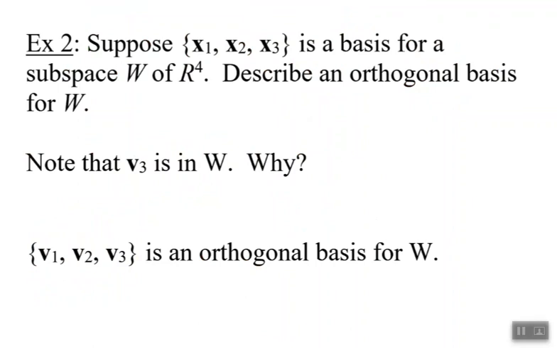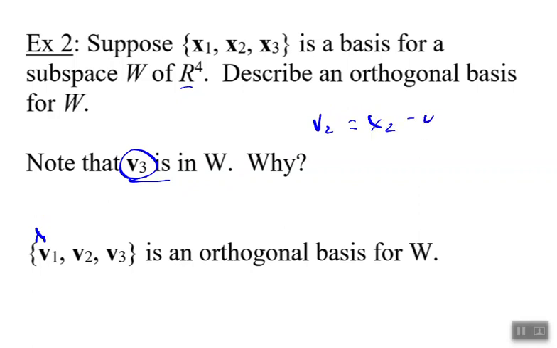So what about if I have more vectors? And I want to find a basis for a subspace of R4, describe an orthogonal basis for W. Vector 3 is going to be in W. Now what are we talking about? Well, we're going to find out. So vector 1 is basically the same thing as x1. We're going to find vector 2 the same way we did it before. Vector 2 is going to be